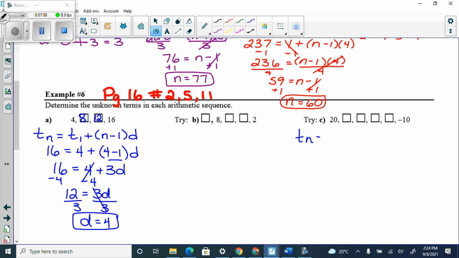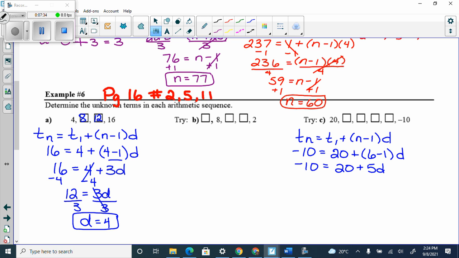So we have Tn equals T1 plus (n minus 1)D. Tn is negative 10 equals T1, which is 20, plus how many is there? How many blanks? 6, because we count the 2, right, that we're given. And then D, we get negative 10 equals 20 plus 5D. Subtract 20. Negative 30 equals 5D. Divide by 5, and my D equals negative 6, which is good because I need it to be negative because